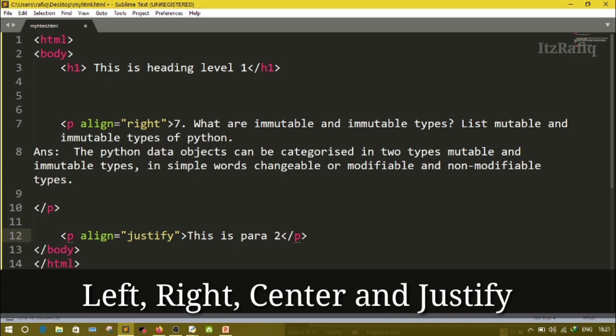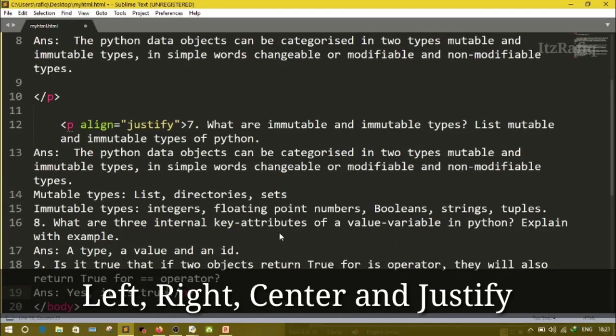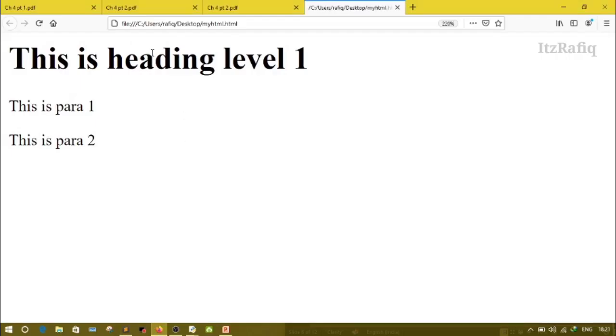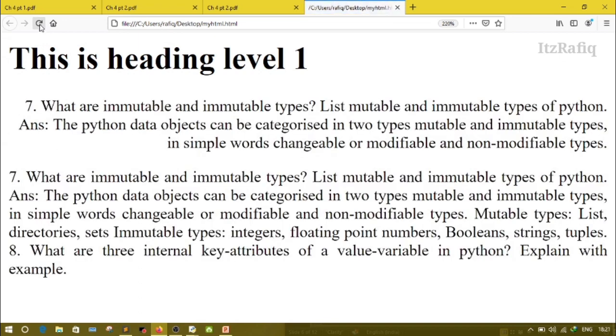Let's paste the copied text here. Now save the page, go to browser and reload. So here you will see the output like this.